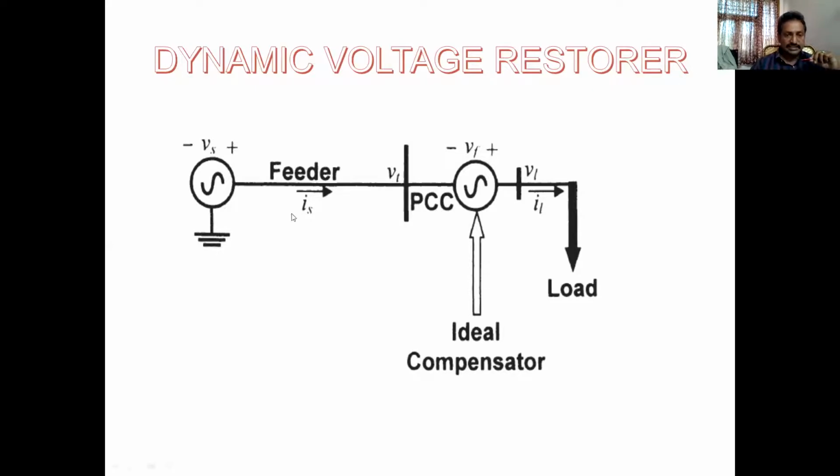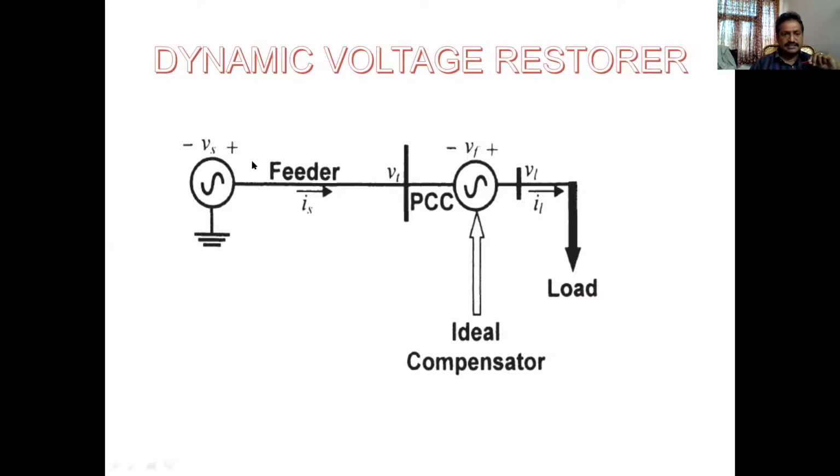So see here, what is the pictorial diagram of the DVR? This is basically useful to control voltage disturbances, either sag, swell or disturbances in the supply voltage. If sag, swell and voltage disturbances exist in the feeder, then this type of DVR, dynamic voltage restorer, is useful. Let's see the picture.